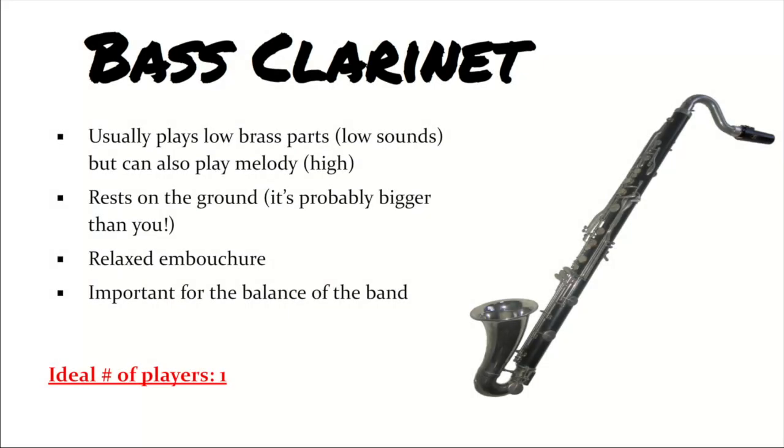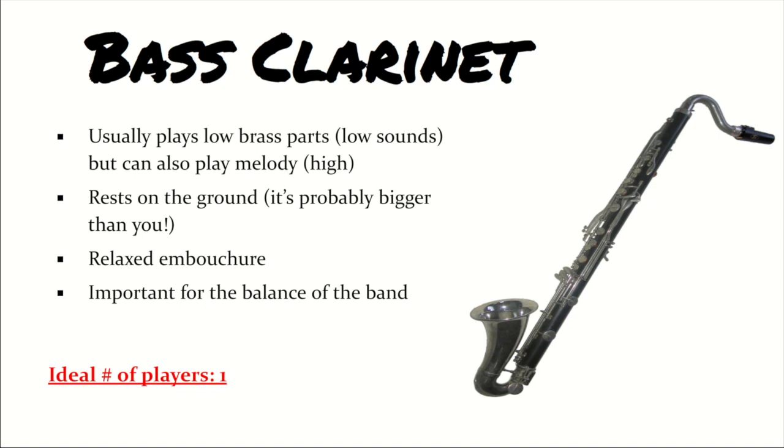The next instrument is the bass clarinet, which is almost in line with the baritone saxophone, but it's not quite as large. It is a somewhat large instrument, and most of our sixth graders are about as tall as this instrument. It is kind of large, but don't let that panic you or make you worried. It does have a neck strap that you can wear, and it's not too much strain on the neck,